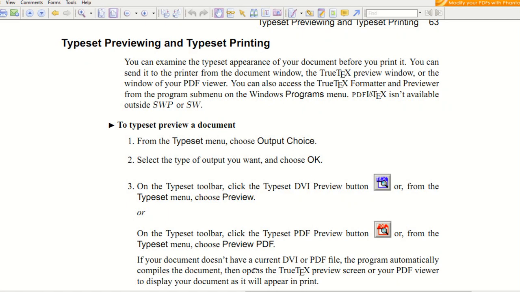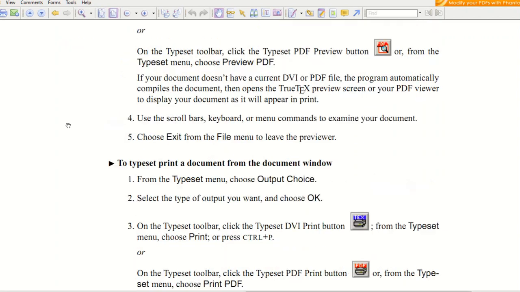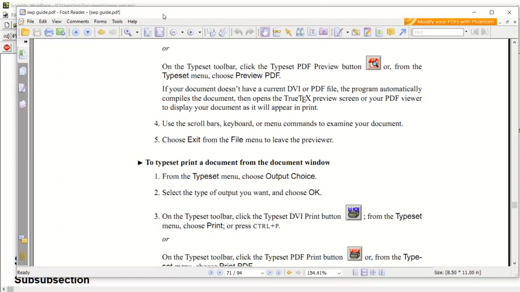If your document doesn't have a current DVI or PDF file, the program automatically compiles the document, then opens the true text preview screen or your PDF viewer to display your document as it will appear in print. You can print your PDF file from your PDF viewer. For example, I am using Foxit Reader, and you can also use Adobe Reader.